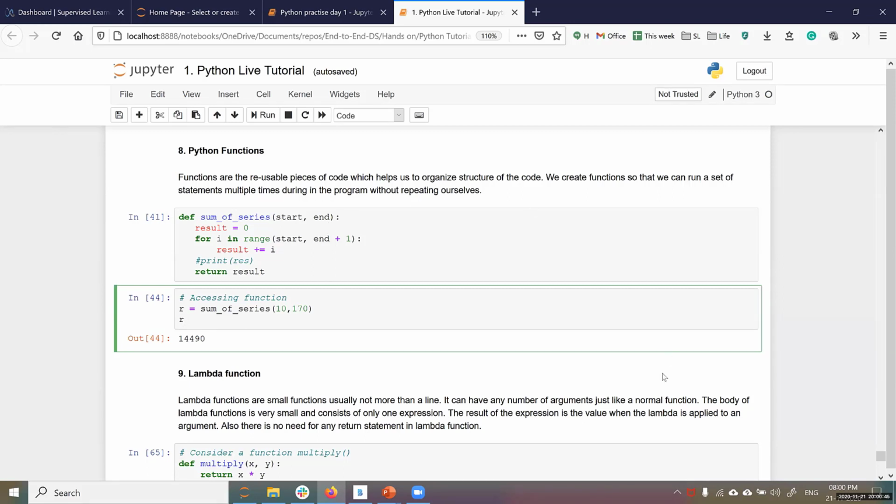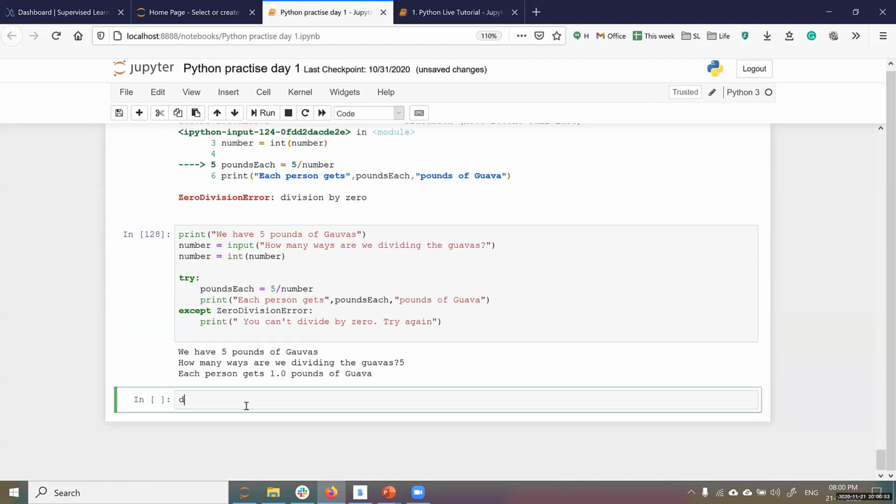Anyone? How to write even odd? Define, let's say I'll name it even_odd, and you can pass number, colon. How do you execute it?